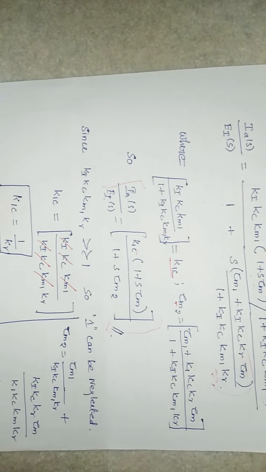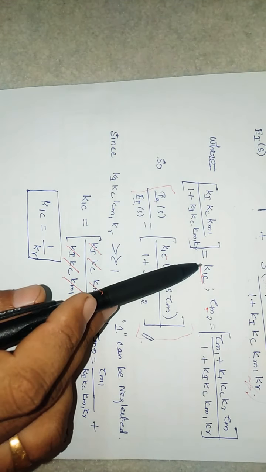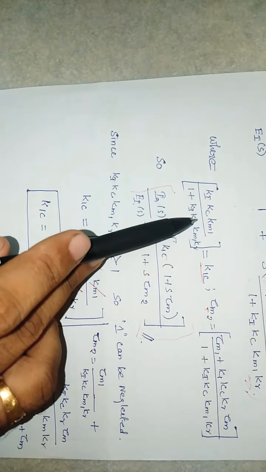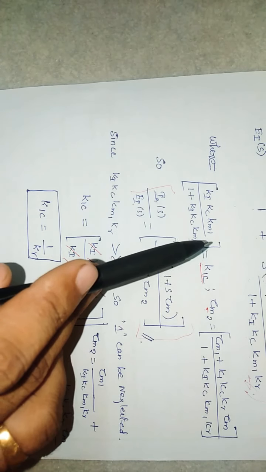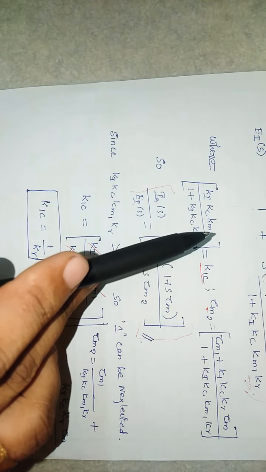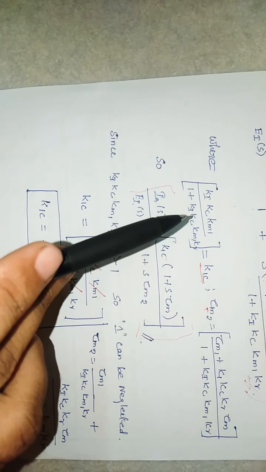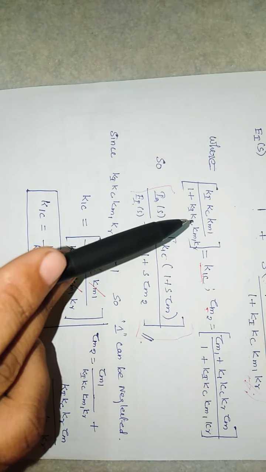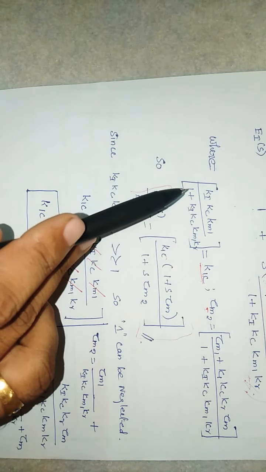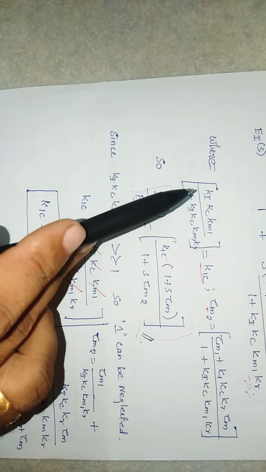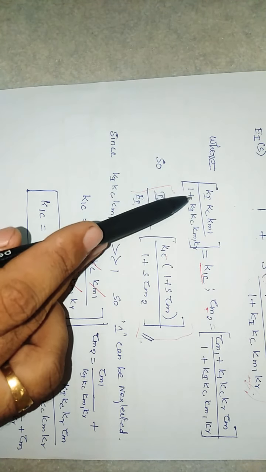While we are considering all the gain values in this Kic, normally the gain of a particular device, for example a current controller or rectifier or reference value, should be more than 1. It should not be 1, it should be more than 1. So if any value is 1000, if you are adding 1 to 1000 to get 1001, there is no big change when adding this 1 to these big values. So we are just neglecting this one.